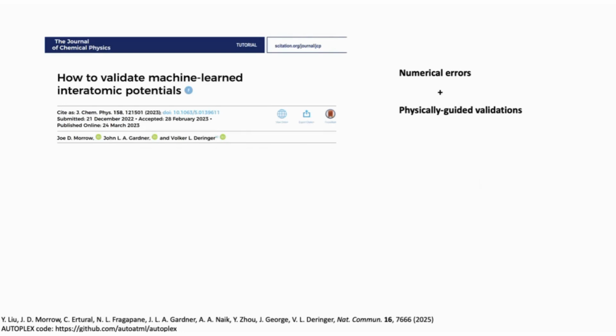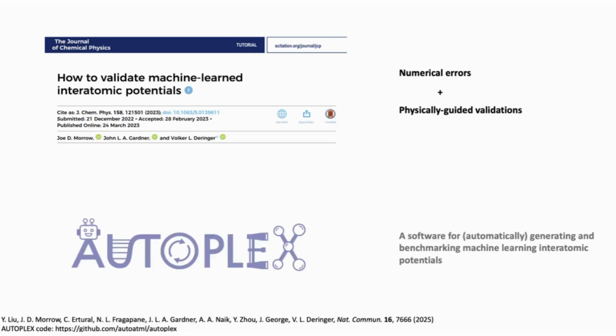First, you have to carefully validate the potential before you can fully trust it for any production data. Our group has published a fabulous tutorial for this purpose. The key information here is that validation is not just about computing numerical errors, as most AI tasks do. We need to make sure that the potential can work as expected in physical processes. A good example of physically guided validation is the direct comparison of a crystallization simulation between AIMD and machine learning-driven MD, as I just showed in the previous slide.